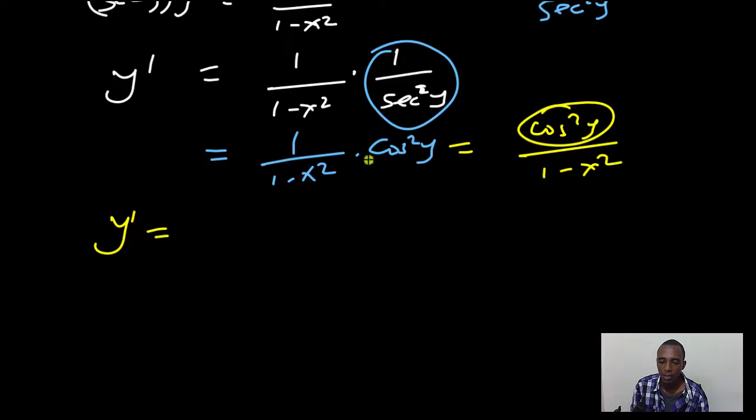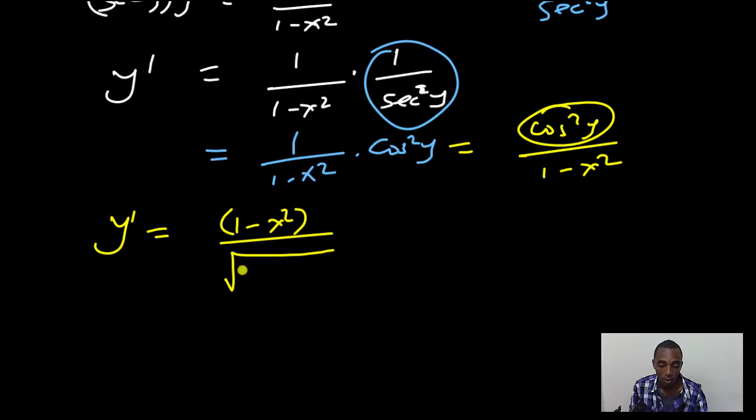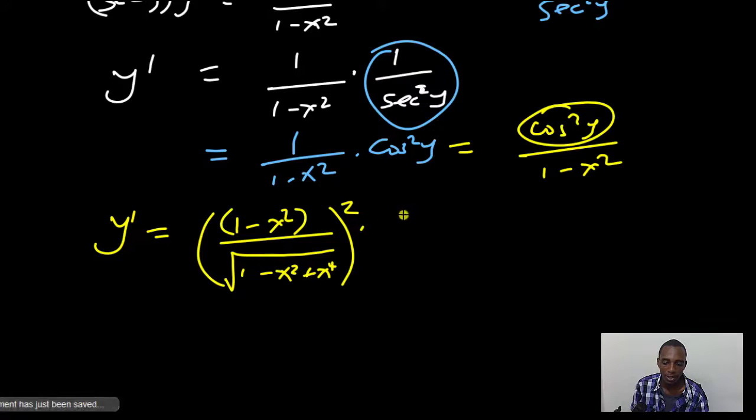So for cosine squared, I'll replace that with, what's that? We had the adjacent, 1 minus x squared, divided by the hypotenuse, which is the square root of 1 minus x squared plus x to the power 4. And of course all this is squared, and then we have down here 1 minus x squared, this here. Okay,